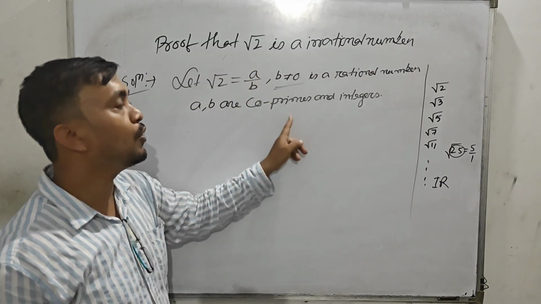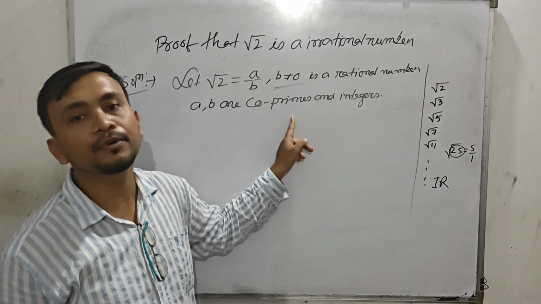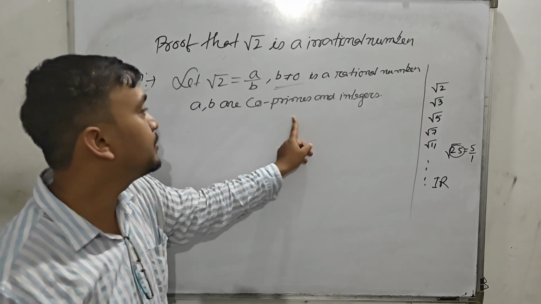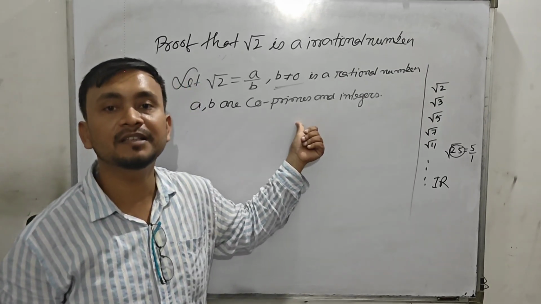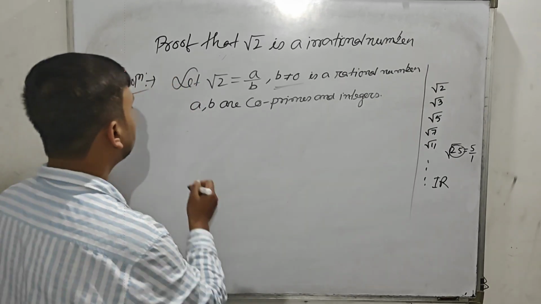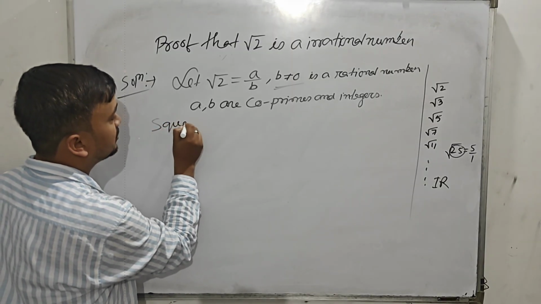So I assume root 2 is equal to a by b. A, b are co-prime numbers, that means they do not have a common divisor other than 1. If you do not know co-prime numbers, then ask me later. Okay, now squaring both sides,